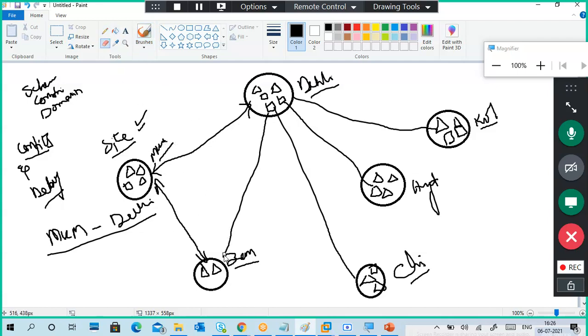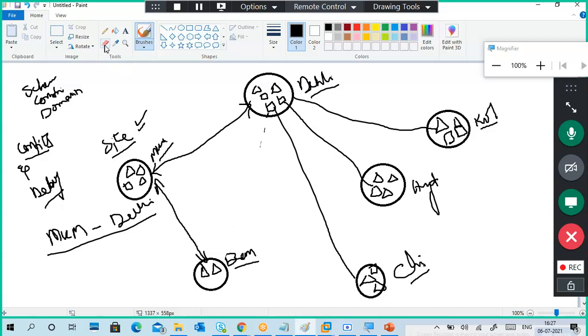So then, Bangalore servers do not require Delhi access, so I can remove it. First, Delhi is the main server. For example, Delhi to Mumbai replication is done. Once Mumbai servers are replicated, then Mumbai servers replicate the data to the Bangalore server.